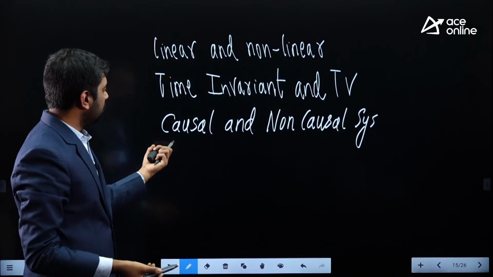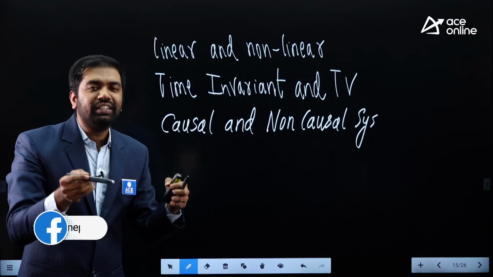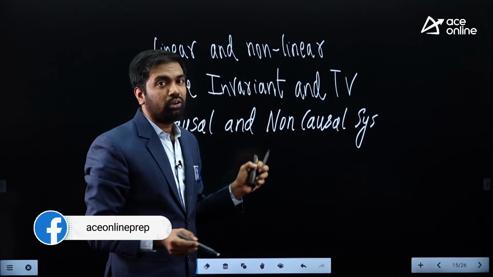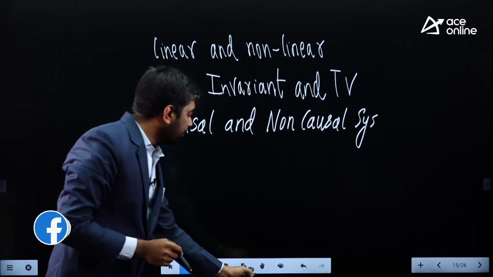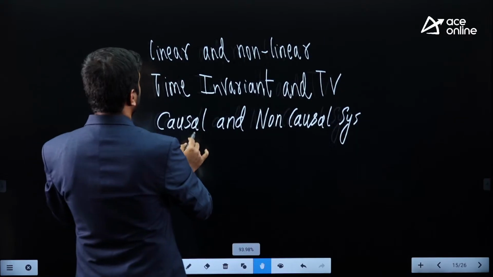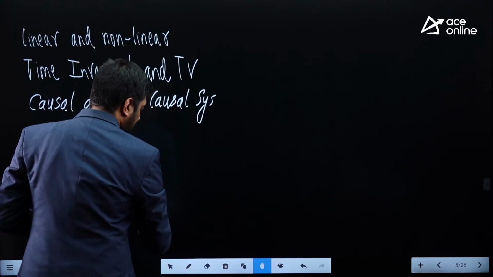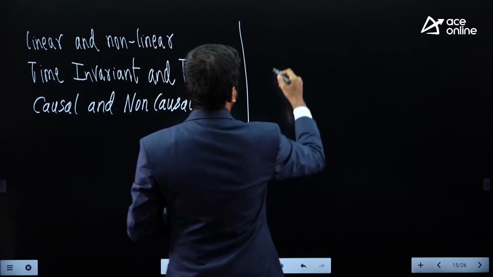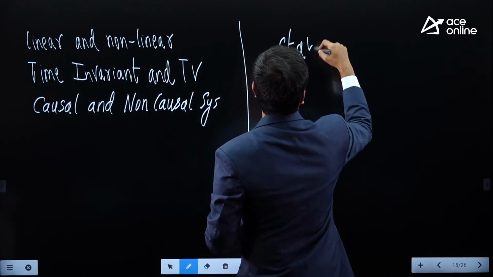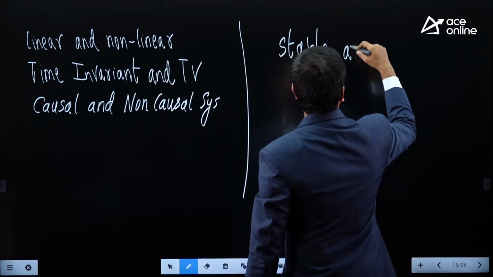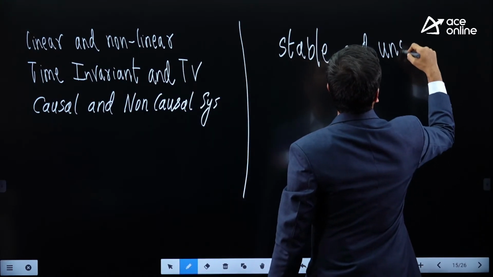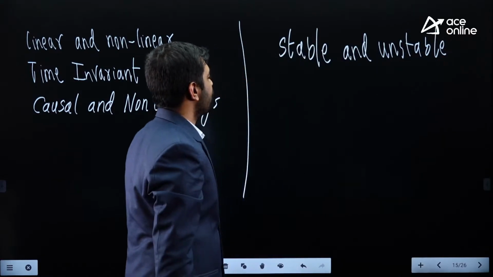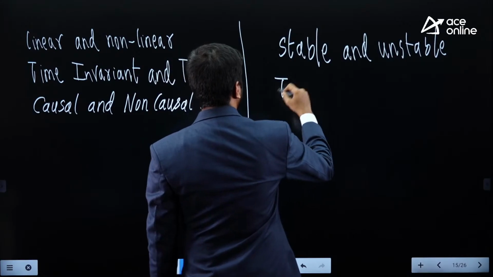Earlier, we have seen causal and non-causal signal. Now, you should also learn about what is a causal and non-causal system, and then stable and unstable systems. So let's see all the classification. You are supposed to know about stable and unstable systems, invertible